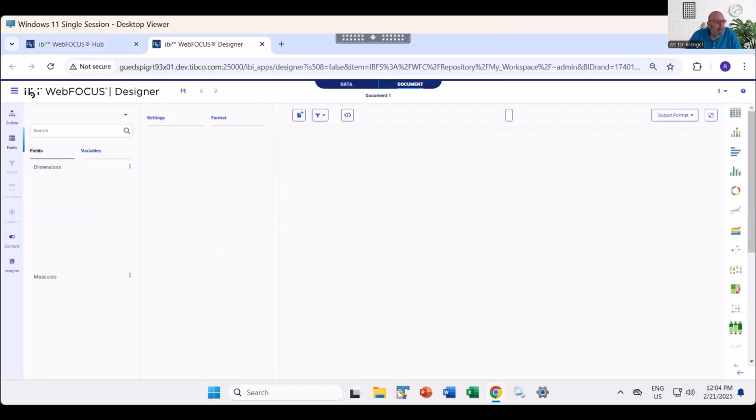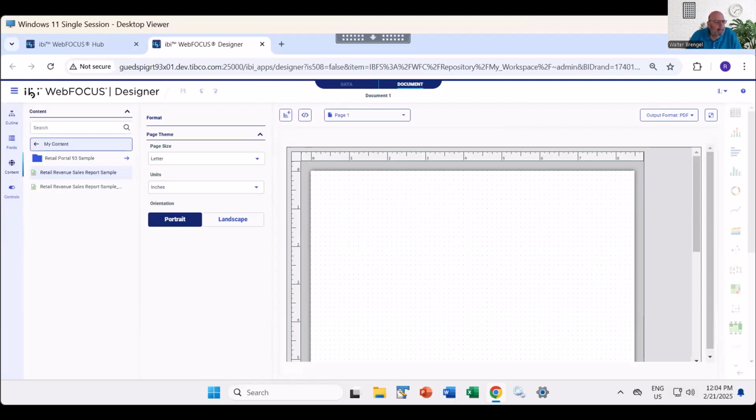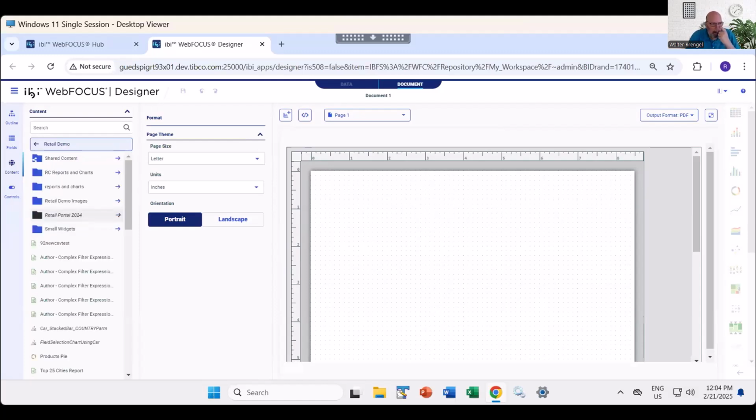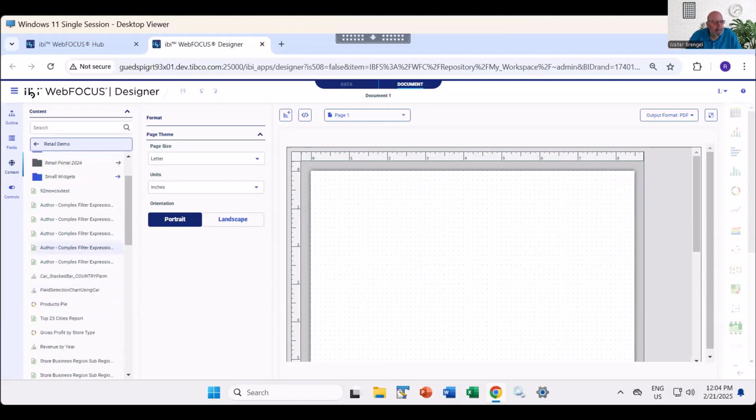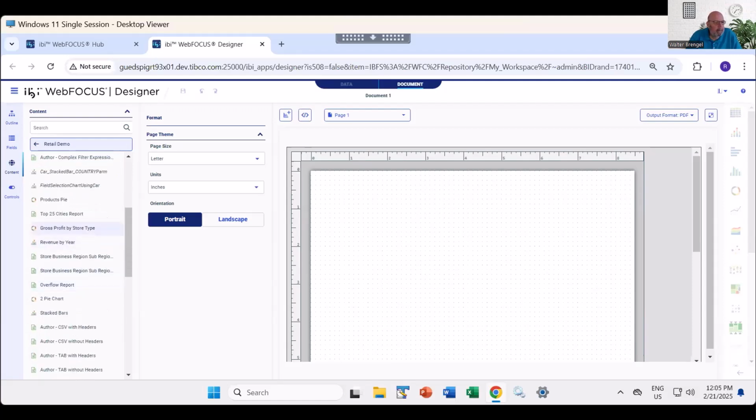And this document that I'm going to create is based off of what's in the user guide. They don't walk you through the samples in creating the content, but I tried to match it up, at least something, so it was something that you had as reference and available to you. I'm going to come back here and go into my retail demo. And just to start off, I'm only going to utilize existing content. This is something that you would have been able to do even at the 9.2 release level. So the very first thing that I want to bring in is gross profit